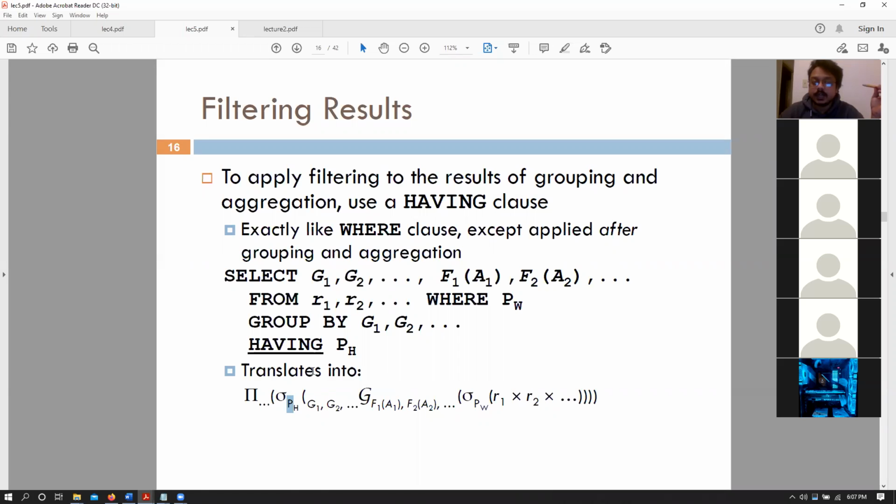That also means that we are able to use aggregate functions and their values in the predicates of the having clause. In where we cannot use those expressions, but in having we can when we are using group by. Make sense?